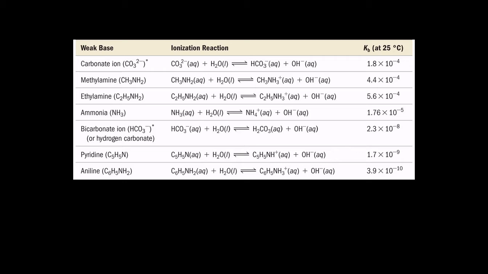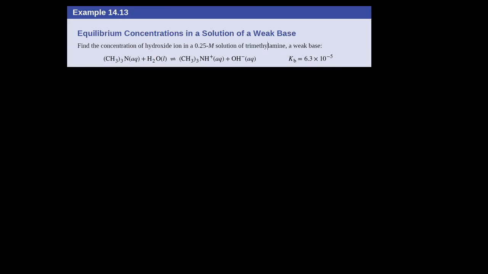So here we have a few different dissociation constants for a few different random weak bases. Some of these you might have seen before, like ammonia, we've seen a few times already. Carbonate ion, you might have heard of aniline or pyridine. You possibly have heard of those. So these are just a few random weak bases. But let's go ahead and work through a weak base problem,